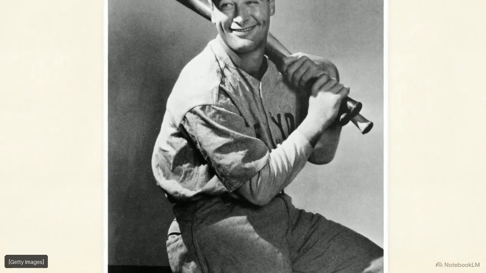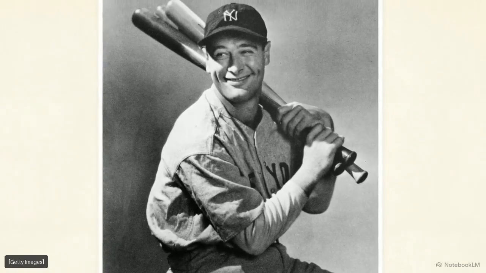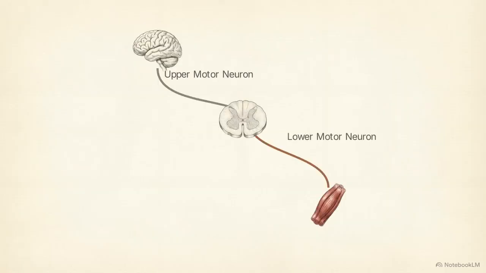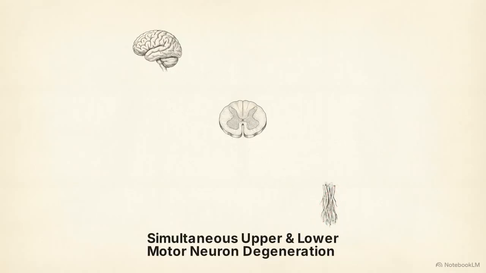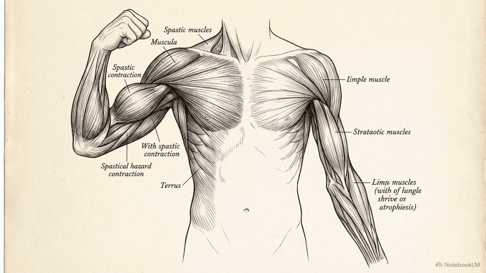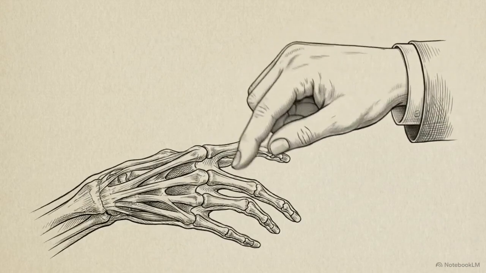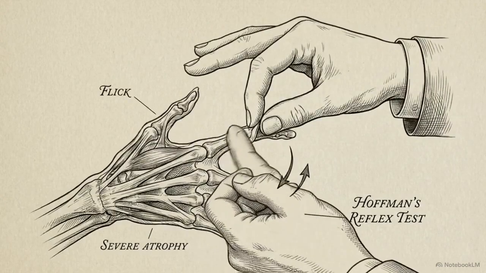The most aggressive and fatal of the motor neuron diseases sits at the intersection of these two failures, amyotrophic lateral sclerosis. The defining hallmark of ALS is the simultaneous degeneration of both cortical upper motor neurons and spinal lower motor neurons. This dual pathology creates conflicting clinical signs within the exact same body segment. A clinician might examine a patient's hand and find profound muscle atrophy, a clear lower motor sign, while simultaneously eliciting a hyperactive Hoffman's reflex in that same limb, proving upper motor damage.